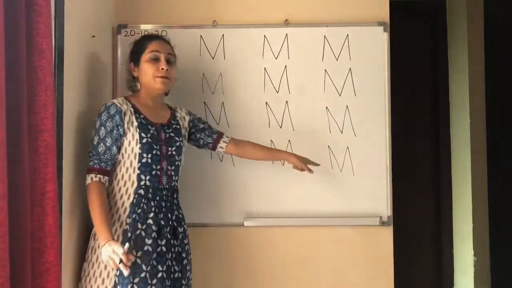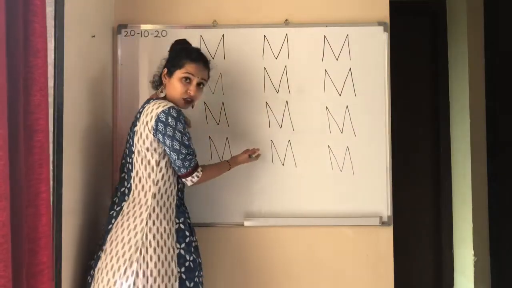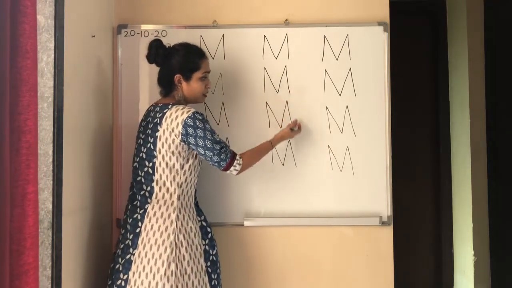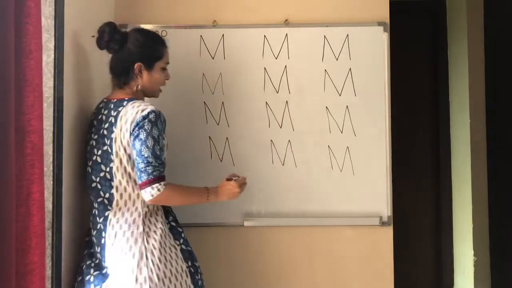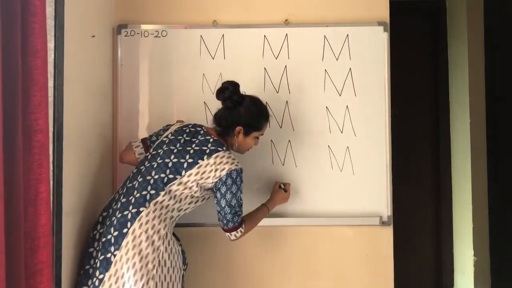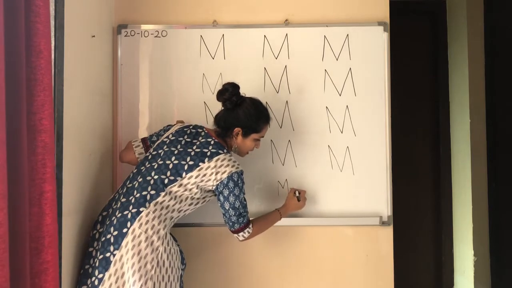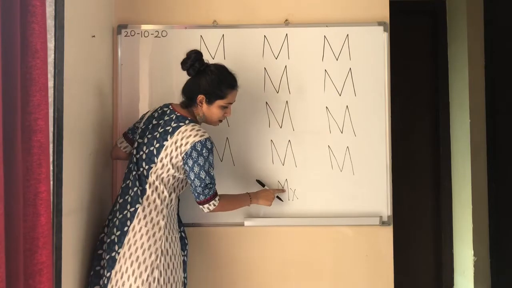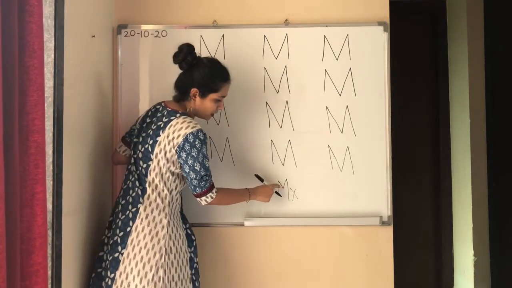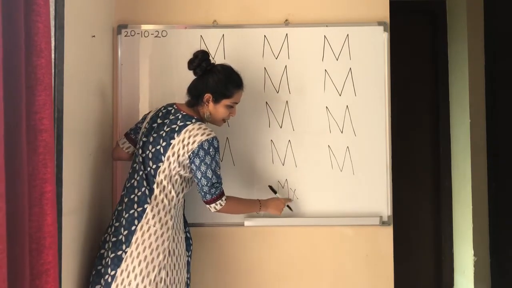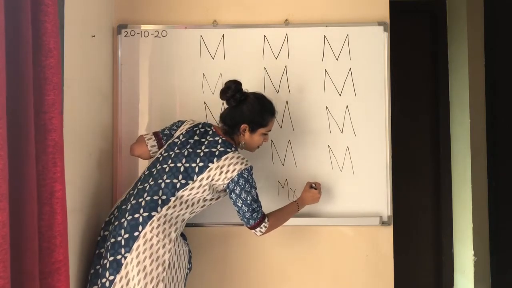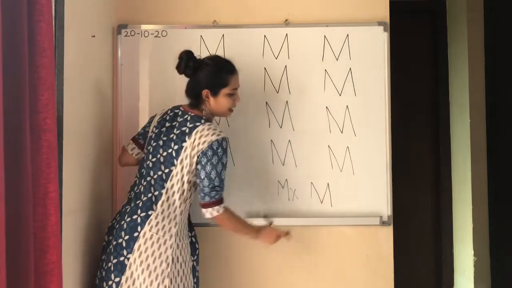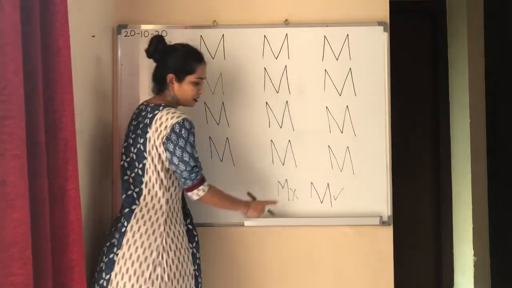Letter M. Parents, you have to teach your child to write this M. Up, down, up, down. You will not teach your child this M. No, this M is wrong. Both the slanting lines should come till down. In between, you are not supposed to stop. They will come down, go up and down. This M. Up, slanting line, up, slanting line, down, standing line. This M is correct. This M is wrong.